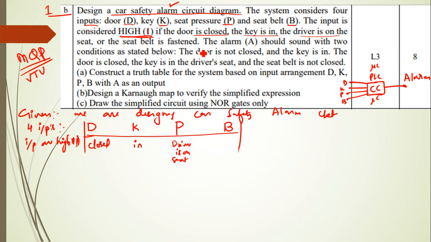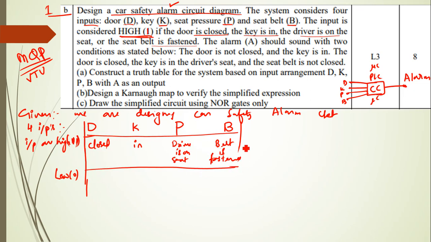And if the seat belt is fastened, means if you have put your seat belt after sitting on the seat, okay, seat belt is fastened. If the seat belt is fastened, these are the four conditions. You treat it as high, but you also should know when it is low. It's simple, opposite of this. When the inputs are low,